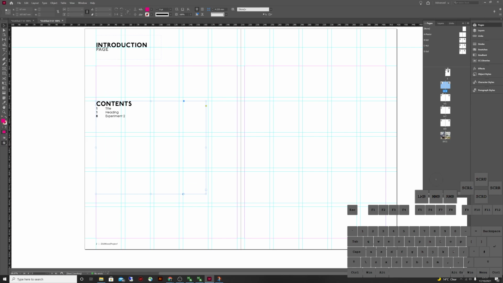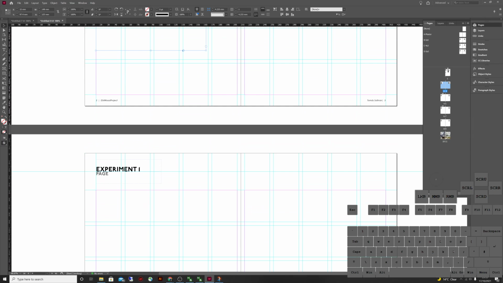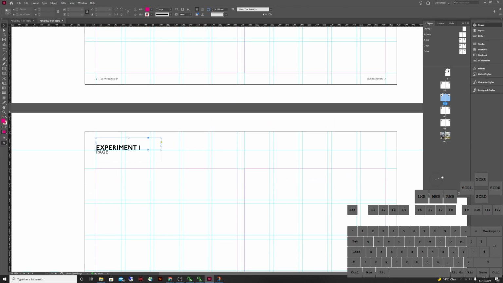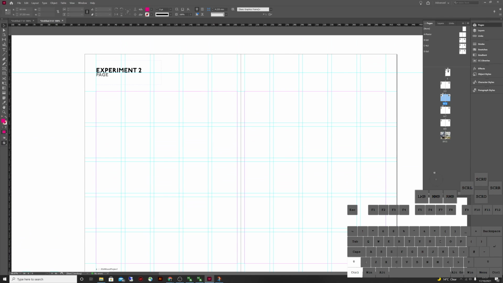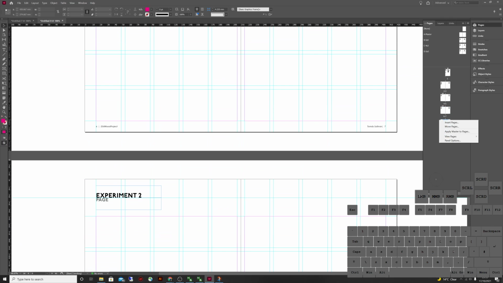So if I do that, now you can see experiment 1 isn't there, even though it's got the section title, and that's because we need to activate it. At the moment it doesn't speak to each other, so we need to shift left click on there. Experiment 2 is actually coming from here, so let's make a new